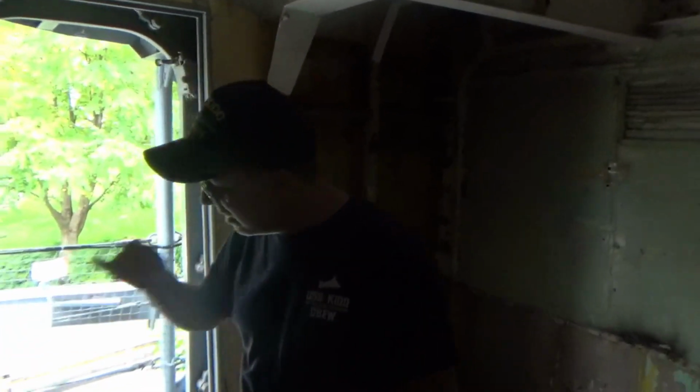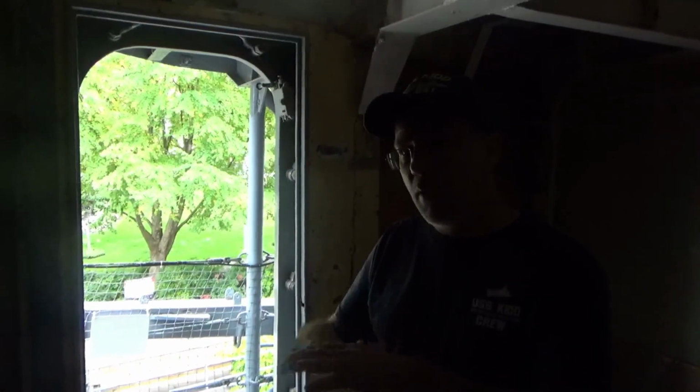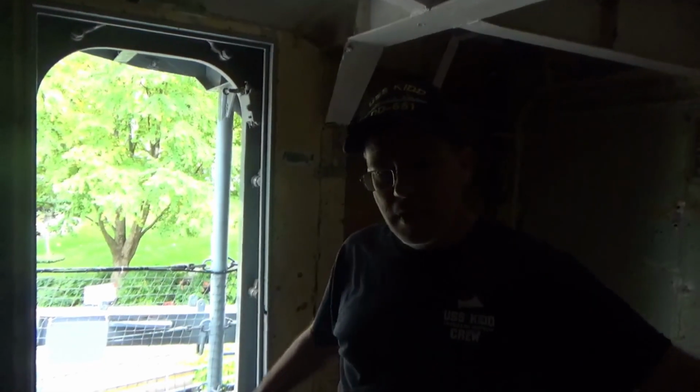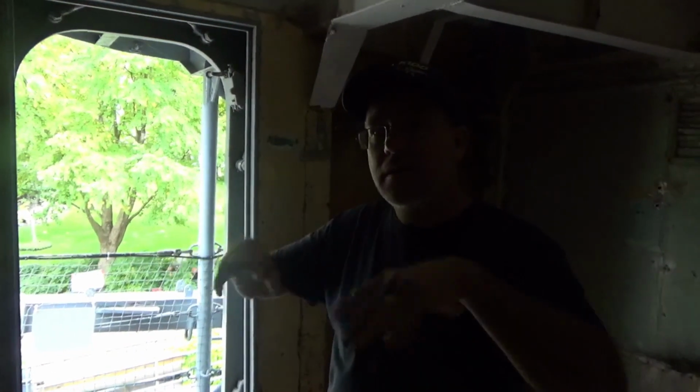The way we discovered that there was a problem was rainwater coming down the outer deck off of the bow and going back to the breakwater and shunting off the ship. Some of it was coming down, we were getting rainfall in the officers' staterooms underneath the wardroom. And so it was coming down from the overhead. We got in here and looked, started cracking some of the tiles right next to it just to fold it back and see. And sure enough, the cement leveler that the Navy had poured, because the hull at this point is curved, the Navy poured cement leveler across the wardroom just to level it out